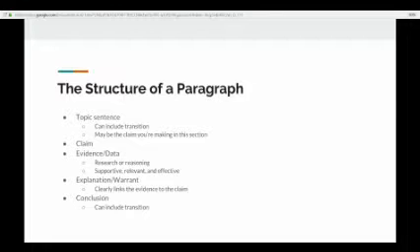So then you have your claim. Then you have a statement regarding your evidence or the data. It's supportive, it's relevant to this particular claim, and it's effective. And then you have your explanation.